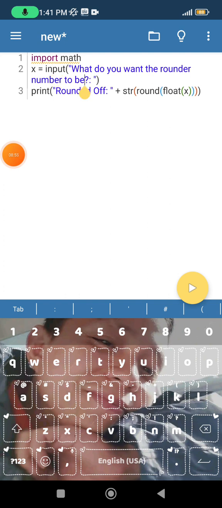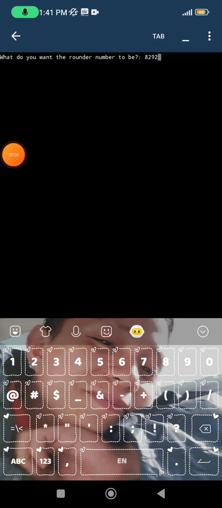Now we convert that into a float. We round off 2023.3 to the nearest whole number. 2023 is there, and then we transfer 2023 into a string. We add it to round it off. Then we get the answer